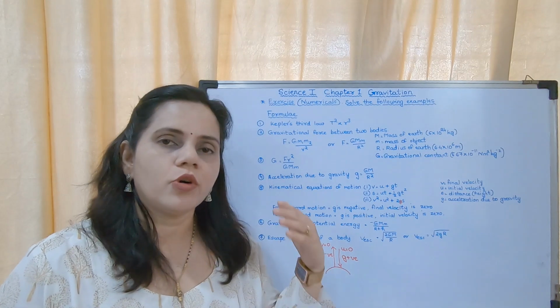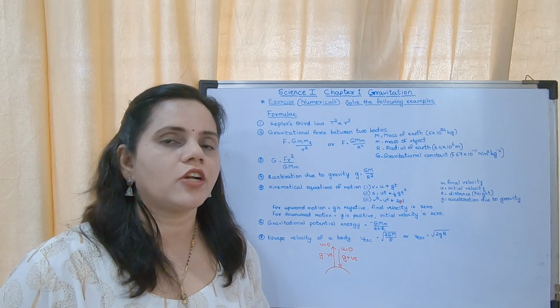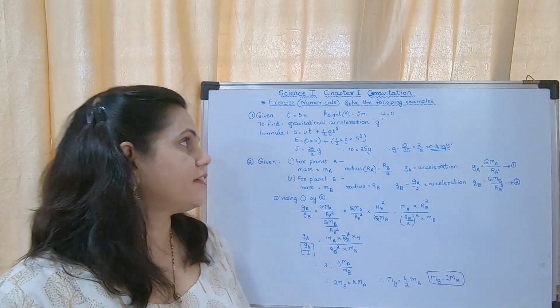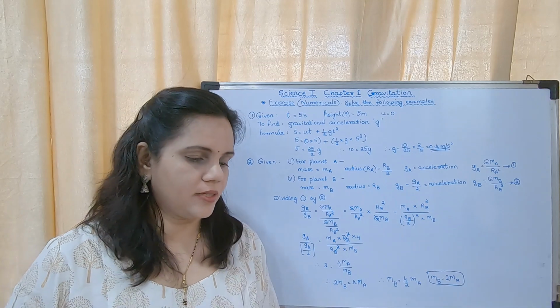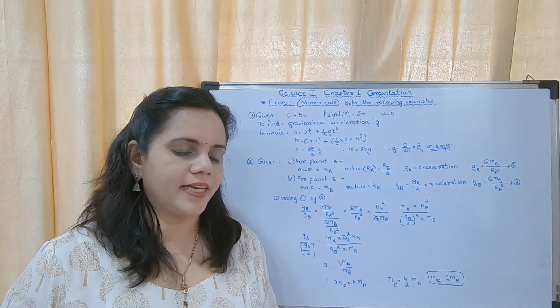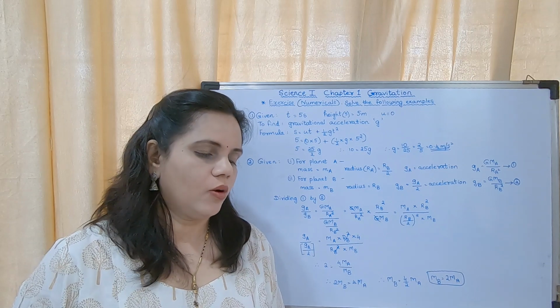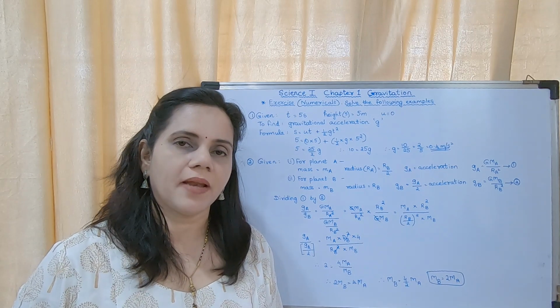Okay, now we may move on to the first question. Before that, you may copy this. These are the next two numericals. The first one, I will read out the first question. An object takes 5 seconds to reach the ground from a height of 5 meters on a planet. What is the value of g on that planet?